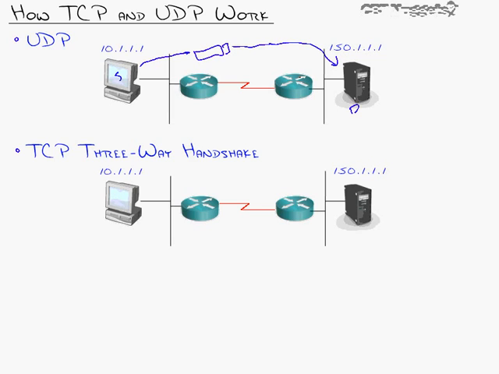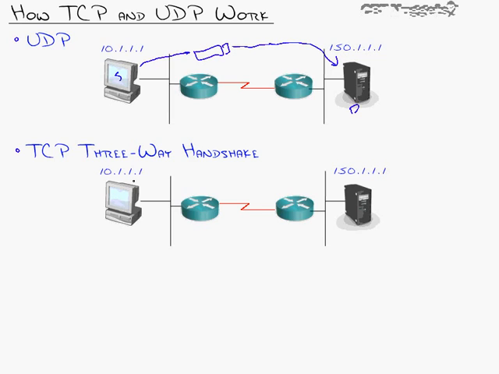No acknowledgement is sent, nothing verifies that it was received. It's completely unreliable. That makes sense. That's what UDP was designed to do. But TCP, as I mentioned on the previous slide, starts a conversation. It starts a session with the device that it's communicating with. So it's kind of like, you know,